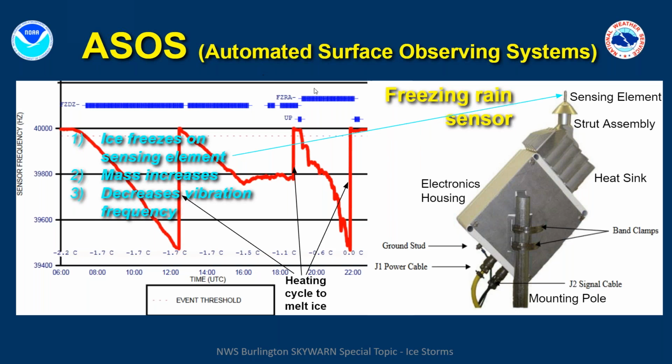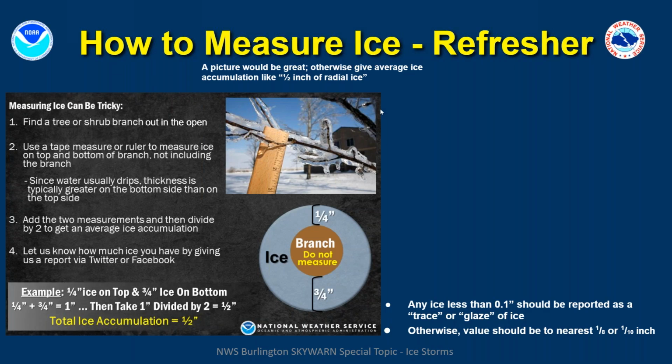So this is very different than what we do as humans. As a refresher, the way that we are measuring ice typically is through a ruler, of course. And if it's on a branch, for instance, we are doing a radial measurement. So we really want to emphasize that the way that we measure ice is so important, because as an example here with this